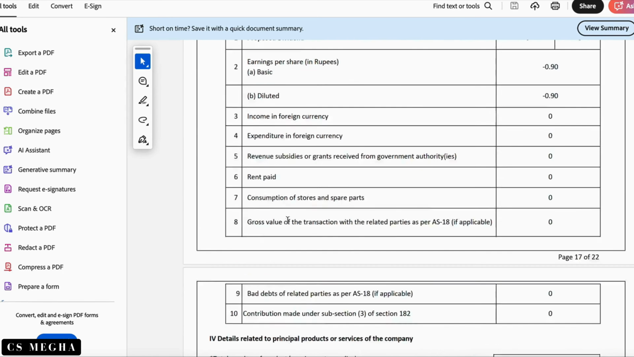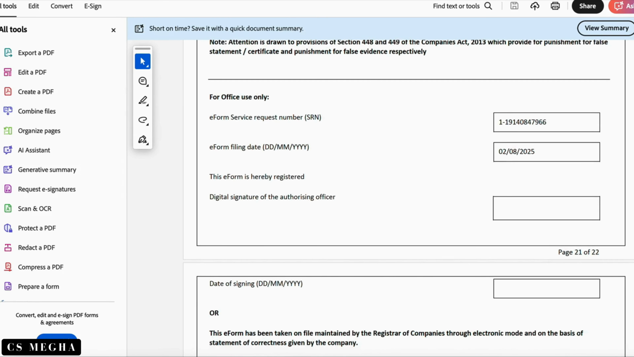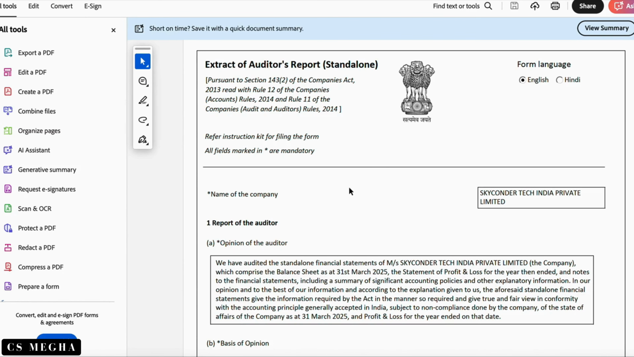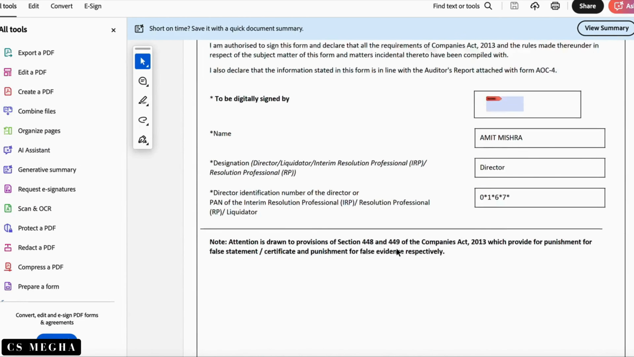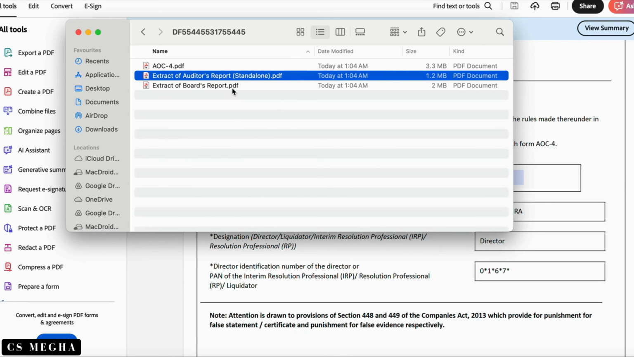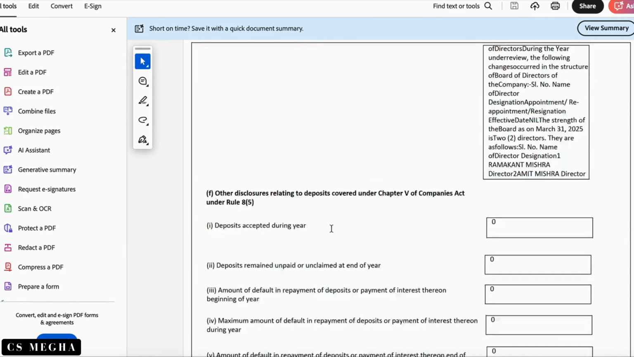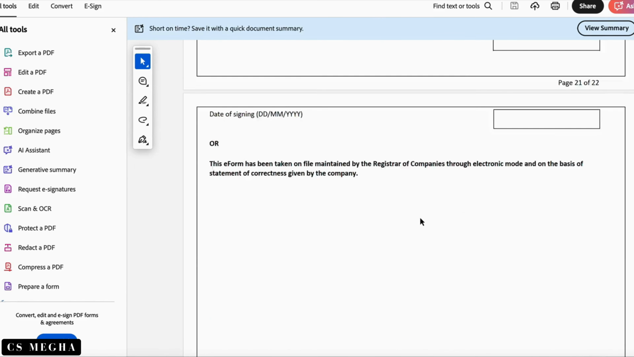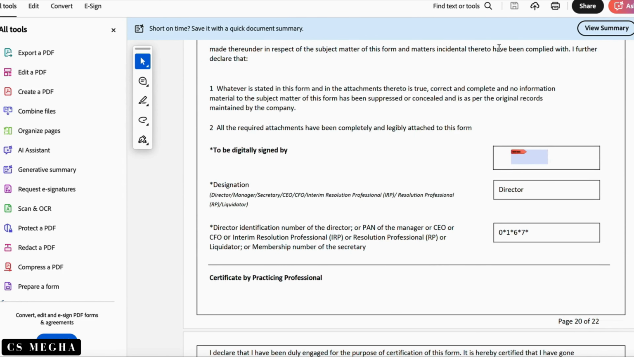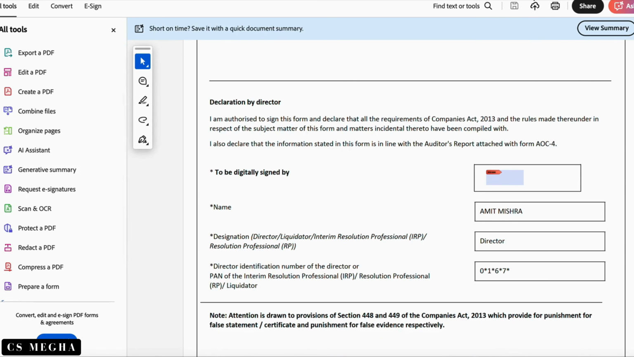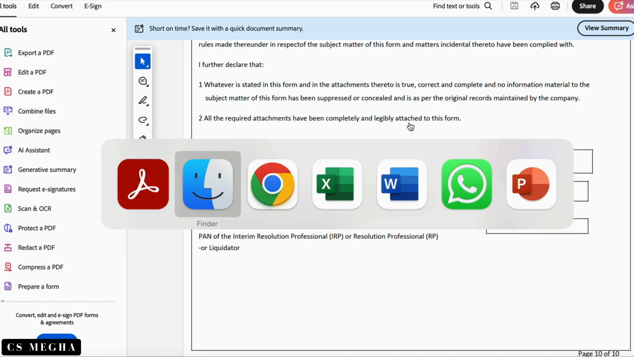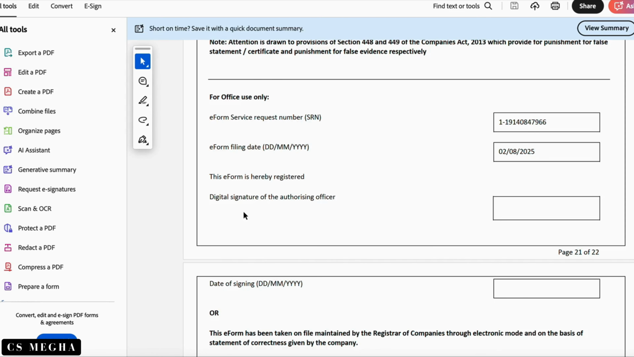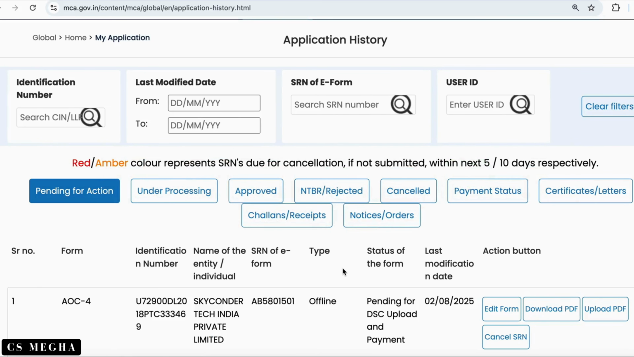You need to affix digital signatures on all 3 documents: extract of auditor's report, board's report, and AOC 4. So this is the auditor's report, extract of auditor's report. Here also digital signature needs to be affixed. In the board's report also digital signatures need to be affixed. Then after affixing signatures on these forms,